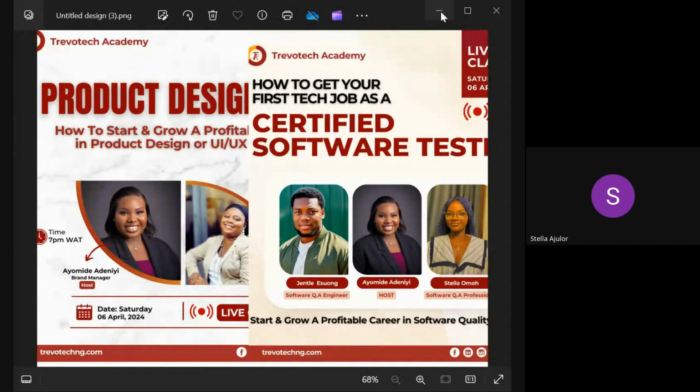Okay, let me just start the whole story from there. So I actually used to be a banker, right? I used to work with Polaris Bank at their head office. So this whole software testing idea started right from there. While I was working as a banker then, I remember in my department, I used to be, if I can remember, that's asset management, right? So